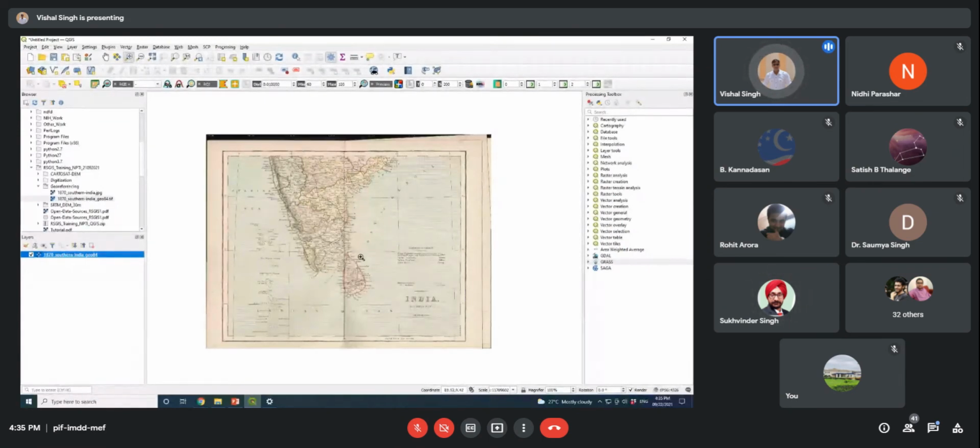And in this domain, you may want to calculate the length of a particular road or the length of a canal, or suppose you have a watershed boundary or state boundary or district boundary and you want to calculate the area of your polygon. If your projection system is a geographic coordinate system, you will not be able to calculate the length and area.